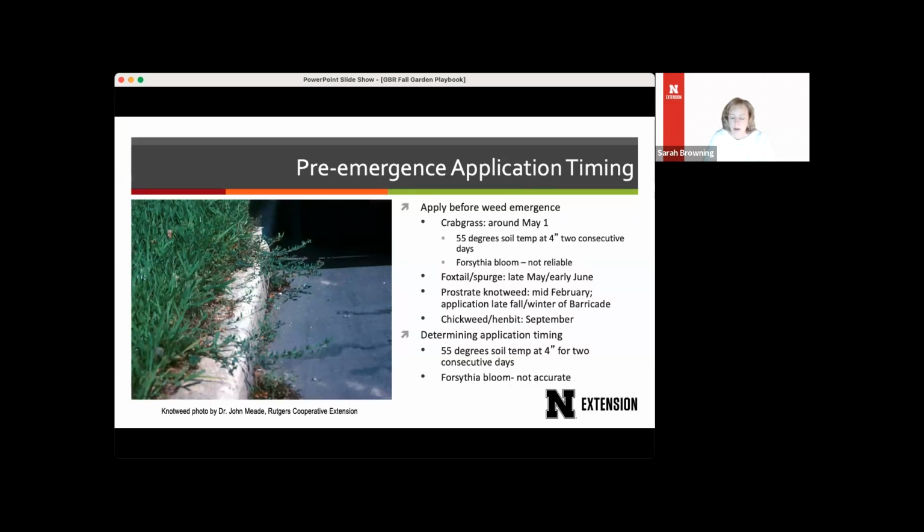And honestly, filling the lawn in and getting a nice thick turf in place is really one of the very best ways to provide long-term weed control. So we would really encourage you to do that. But as you're working on overseeding, fall weed control becomes a little more problematic because there are only certain products that you can use in your lawn for weed control if you're going to be doing an overseeding, okay? But again, thinking about next year to try to prevent the weeds from being such an issue next